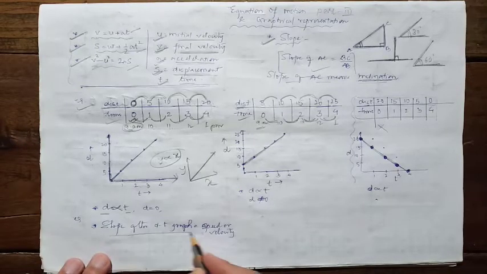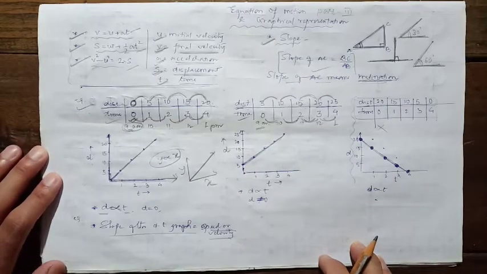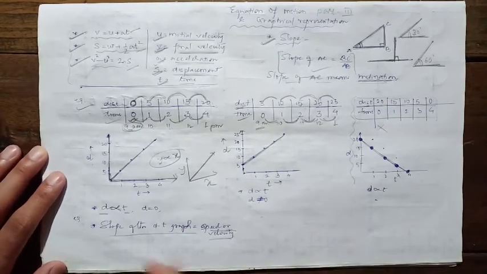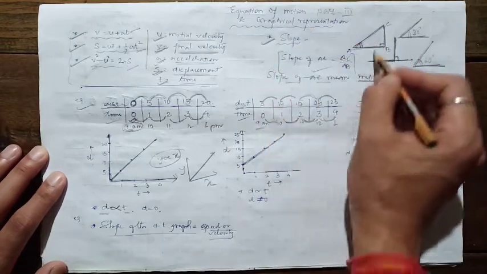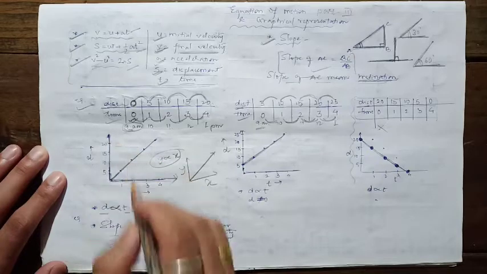Now the slope of the distance-time graph always gives us the speed, student. Slope of the distance-time graph gives us the speed. Just a while ago, I mentioned what slope means. Now let's understand, student. Let's try and calculate the slope of this graph. In this graph, if I want to calculate the slope,